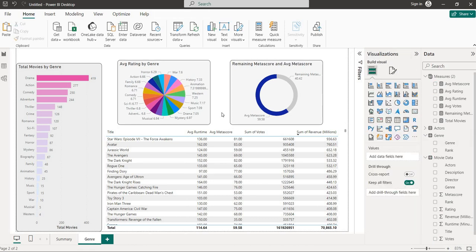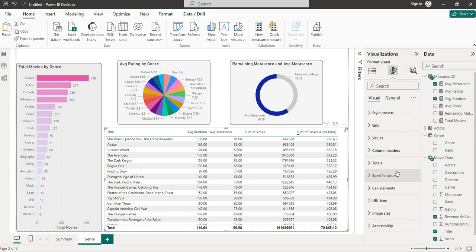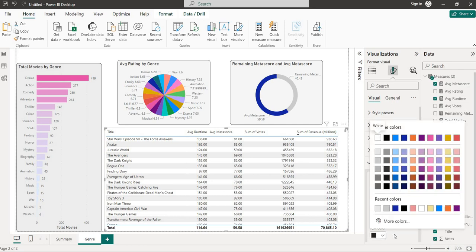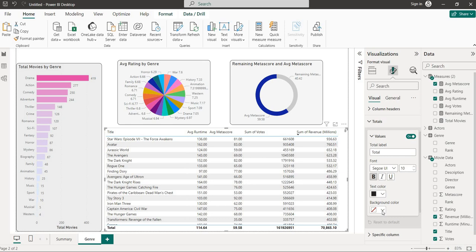Okay. Now, as we have done here, so now we are moving. Let me do in the total also. We'll do some creativity here. For the totals, give it a background. It's a black color. Okay, background is none.